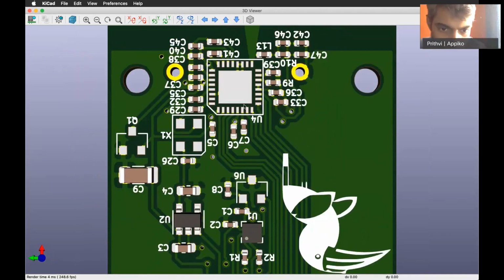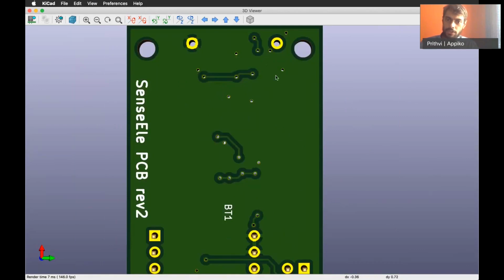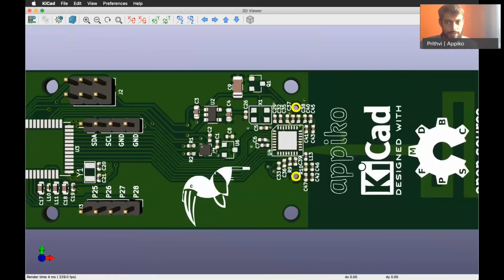Another thing that you need to notice is how again most of the routing is happening on the top layer, so that there is a good unbroken ground layer in the bottom layer. Also, there are a lot of vias in the ground layer itself, so that there is a good reference point for the ground all over the circuit. As mentioned in the previous design, we can see that all the various decoupling capacitors for U4, which is CC1175, are placed as close as possible to the integrated circuit.